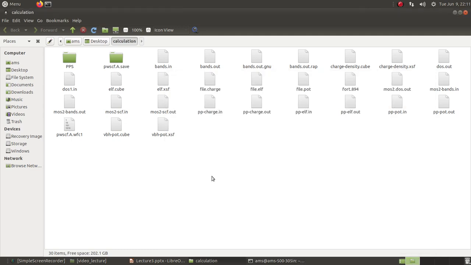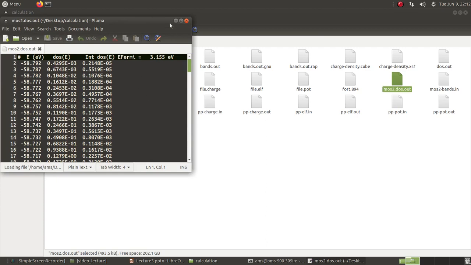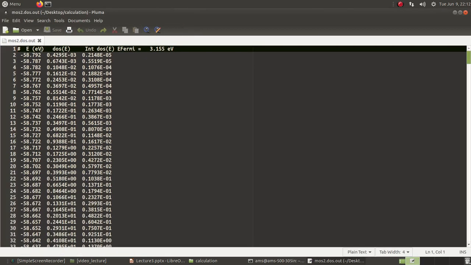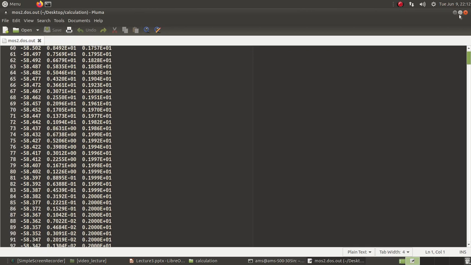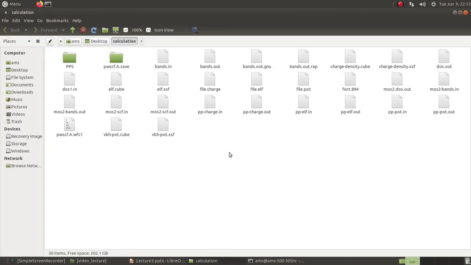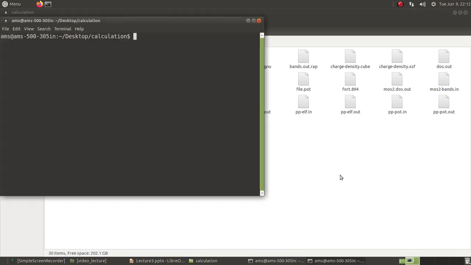So I have this file here which I have named mos2.dos.out. You can take a look at this. It writes the Fermi level in the output and the density of states. So if I want to plot it, I can use any plotting tool for that matter.